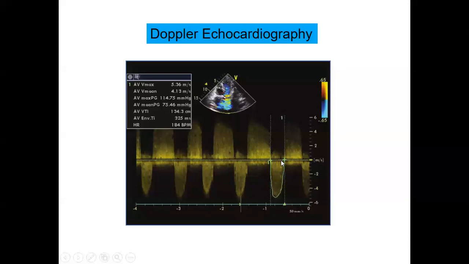So there are different methods for calculating the severity of aortic stenosis by echocardiography. You can categorize whether the patient has mild aortic stenosis, or moderate, or severe aortic stenosis. Both the average velocities and the aortic valve areas, and other methods, are used for quantifying the aortic stenosis.